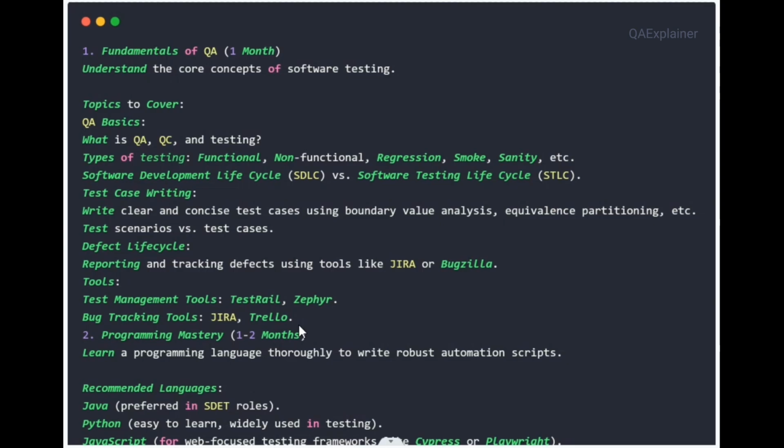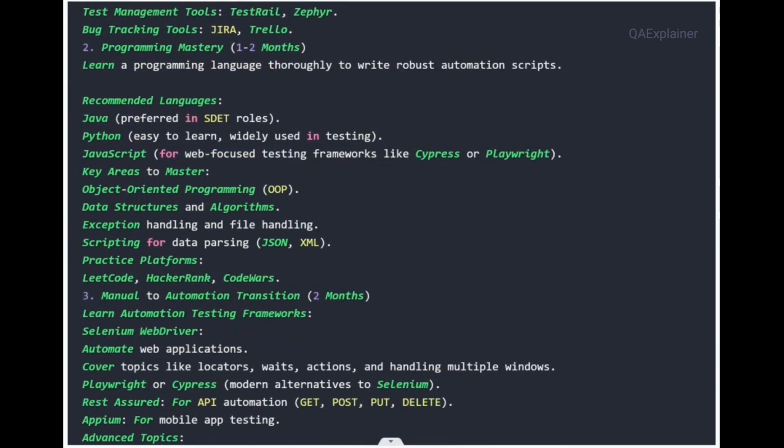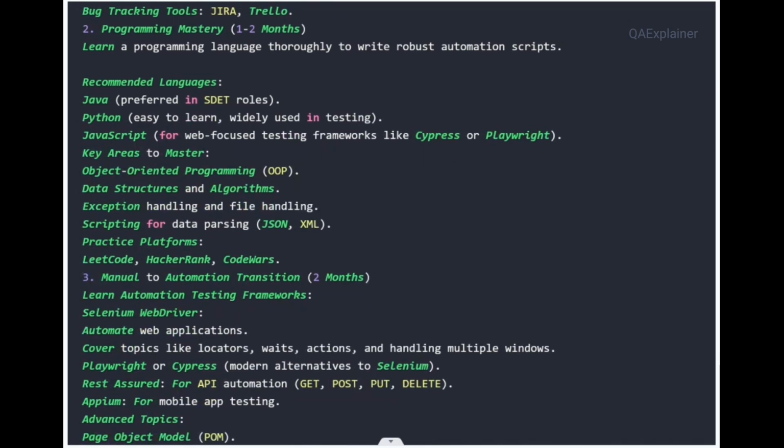So once you have cleared your fundamentals of QA, then you can start applying for jobs from day one itself. You can start applying for jobs regarding manual testing and QA roles. Okay, now if you want to transform your manual testing to automation level testing,